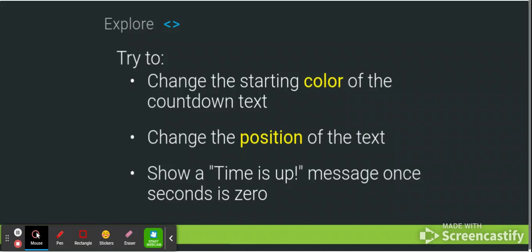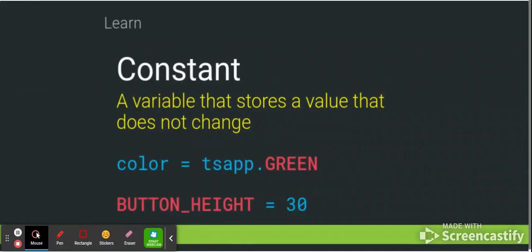All right, so let's keep moving forward. A constant, a variable that stores a value that does not change. All right, so it's just like science. A constant is something that does not change. Okay, constants are written in all capital letters specifically so that we know that it's a